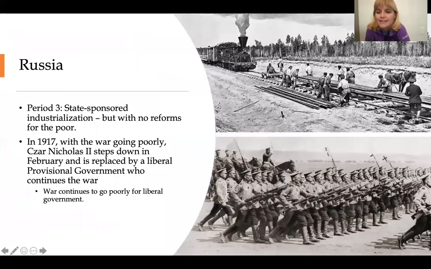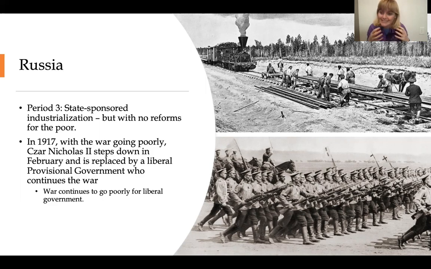So as I said, guys, in period 3, you had state-sponsored industrialization. So you have Russia and you have Japan, where the federal government is paying to industrialize. So they're paying for the building of these factories. They're paying for the building of these mines and railroads. All right. But the big difference between what you see in, we said in Japan, after the Japanese government industrializes, they sell off the industry to private companies called zaibatsu. Okay. In Russia, that doesn't happen.